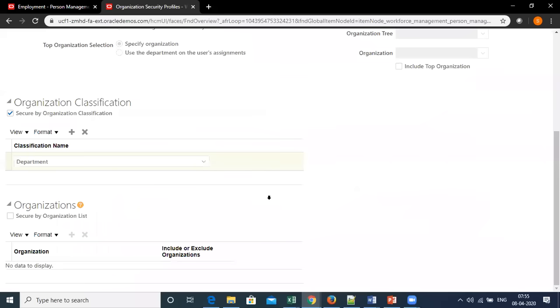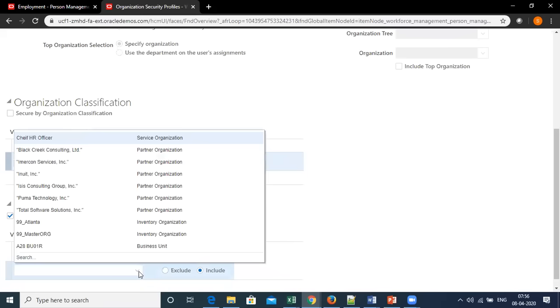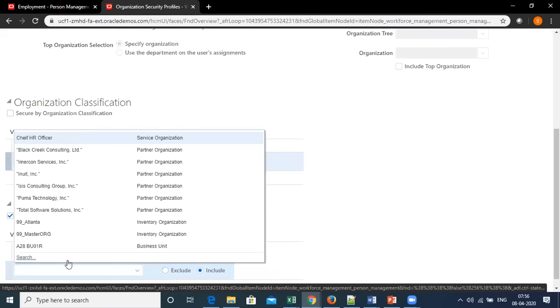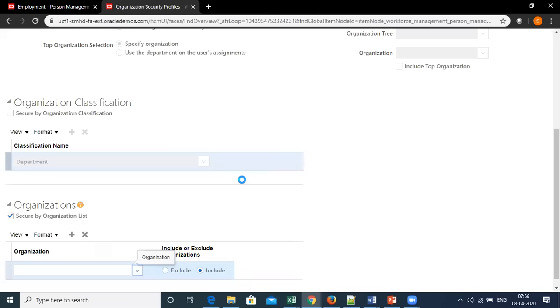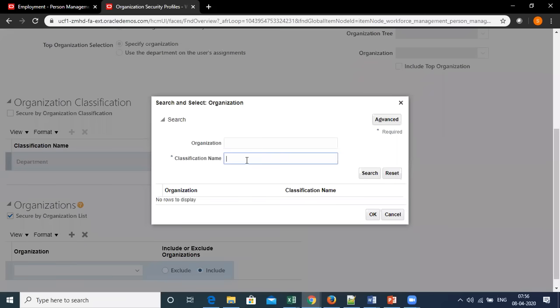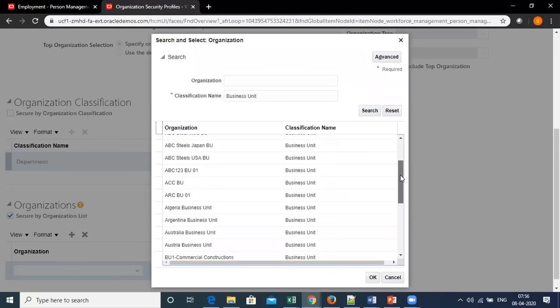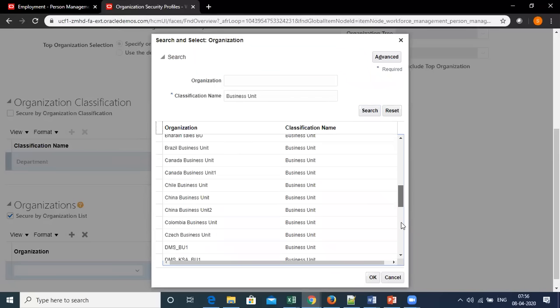Let's say apart from department, I say secure by organization list. Let me not select this and just say secure by organization list. It means that I can particularly select which business unit. Let me search this, and business unit. All the business units on the system are available here.